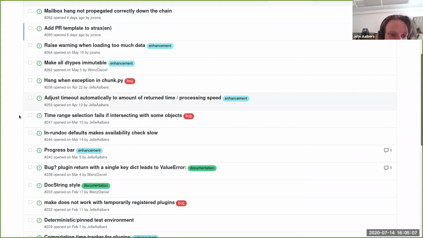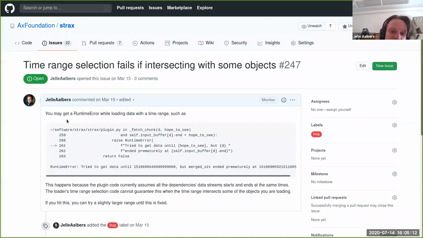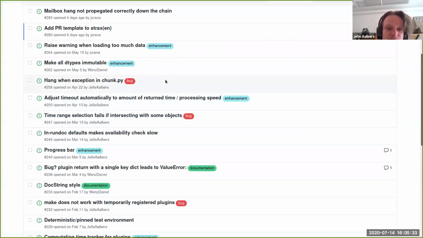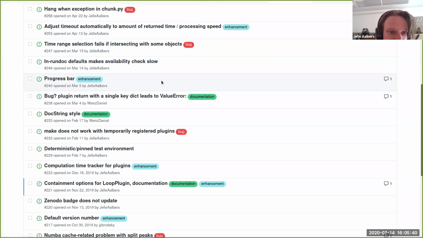One is this one. If you have a time range selection, you get this weird error sometimes if you have an object at the edge of your time range selection. And I think, Chris, you and Yin Fan hit this a few times when you were waveform watching. If you choose a time range that isn't nice, you get this error. So yeah, that's going to be a nasty issue. Well, I hope it's quick to fix, but I don't know how to fix it. And then the other one is,